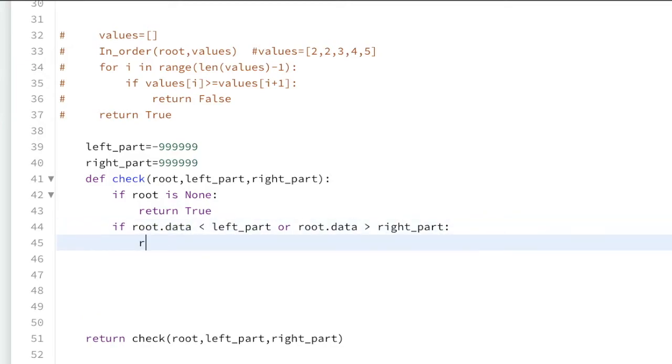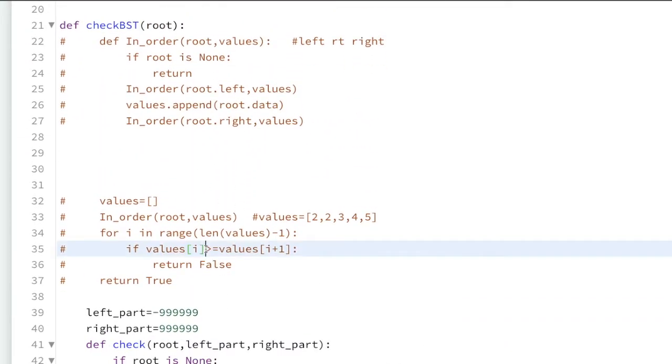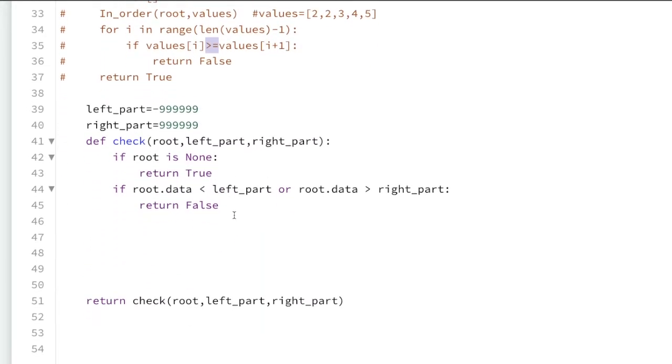Then we have to return false, because our condition is that the root data should always be greater than the left part and less than the right part. But here we have checked the opposite condition. If it is satisfying this one, then we simply return false. Now if you see in our previous logic, we checked equal to also, means if any duplicates are present, it should also return false. So let us use the equal to sign over here.